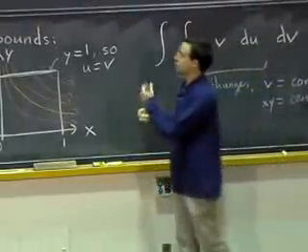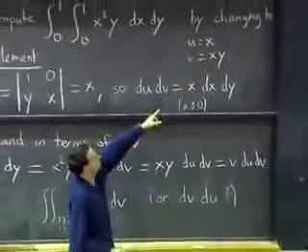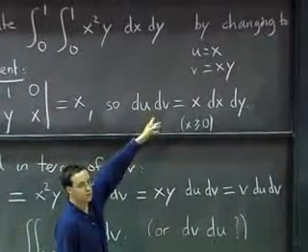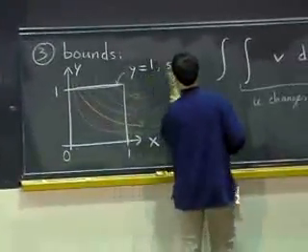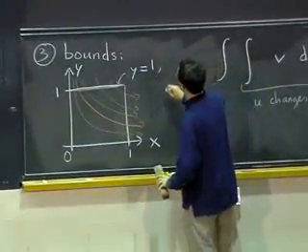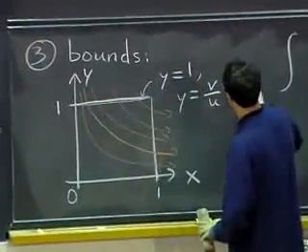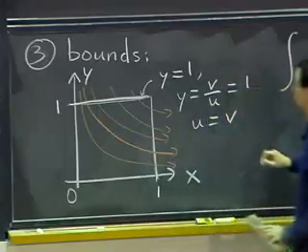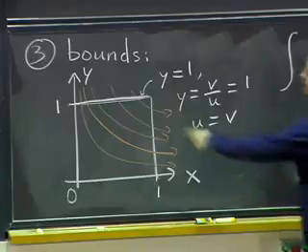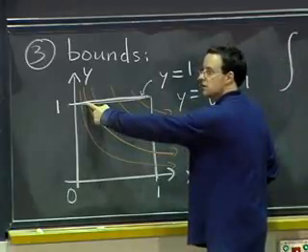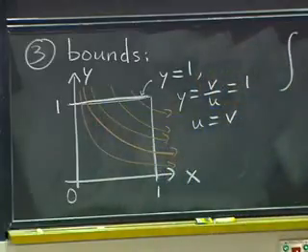I mean, the other way to do it is to say that you want y equals 1. You want to know what y is in terms of u and v. Well, it's easy. y is v over u. So let me actually add an extra step. We know that y is v over u equals 1, so that means u equals v is my equation. So when I'm entering my region, the value of u at this point is just v. u equals v.